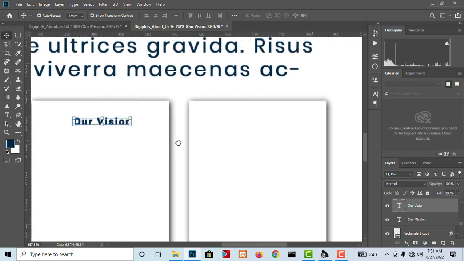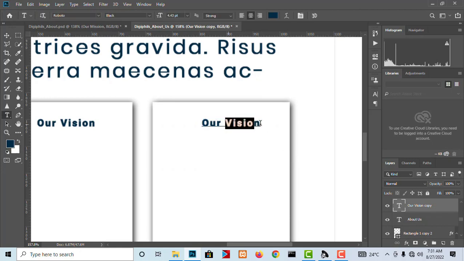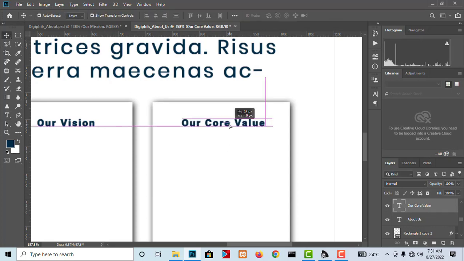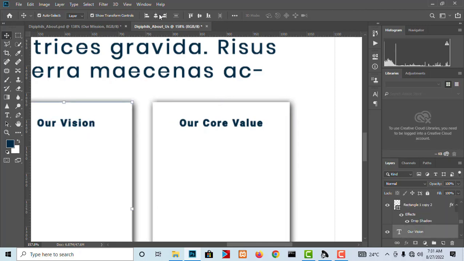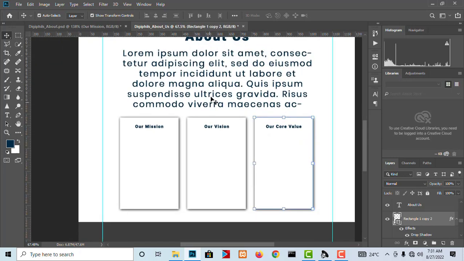and then the last one is our core value. It's still below our core. Alright, so you hold your Shift and centralize it. You hold your Shift and centralize it. So once you do that, you can also ensure that these three are aligned by selecting all three of them and aligning them. Okay, and then the next thing we want to do is to insert a text box here